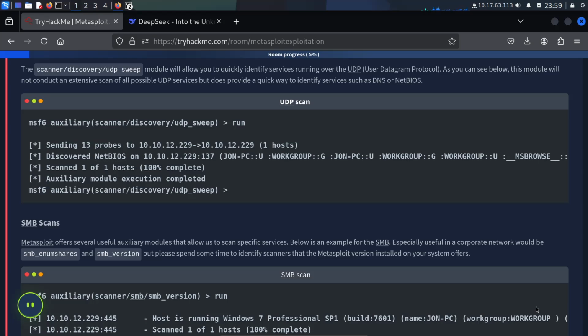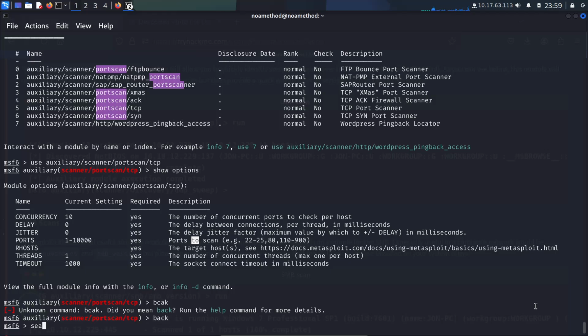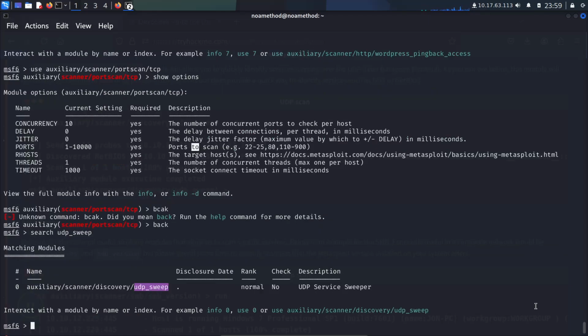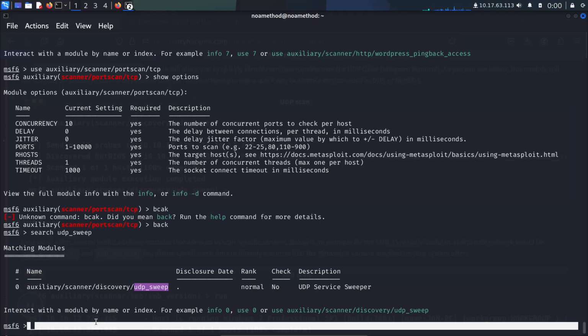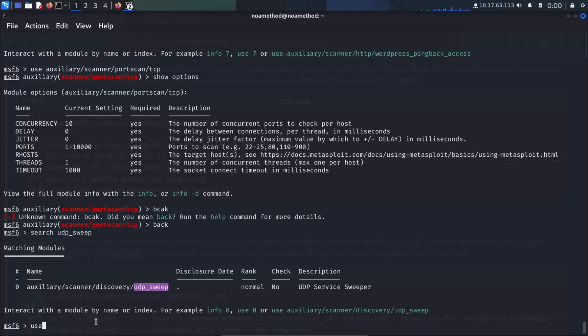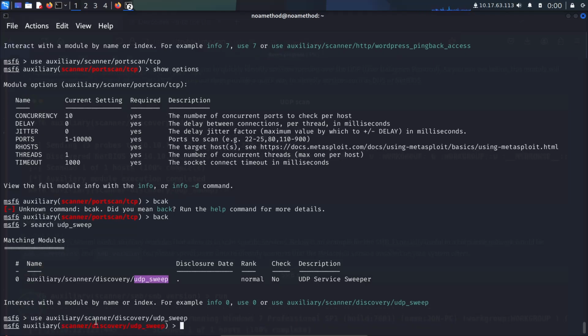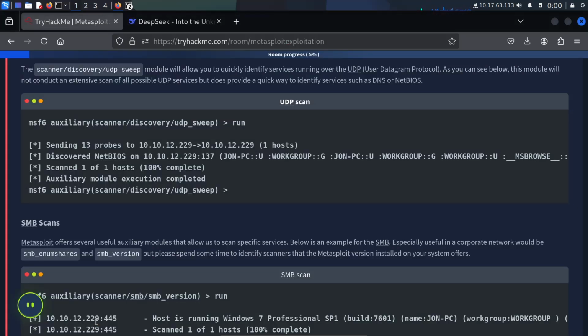We can search udp_sweep. Here, this is for this. We can copy and then use this module.